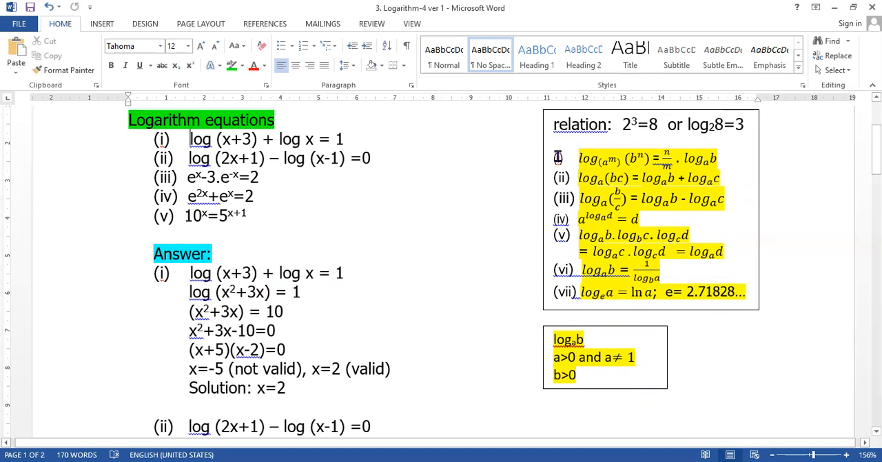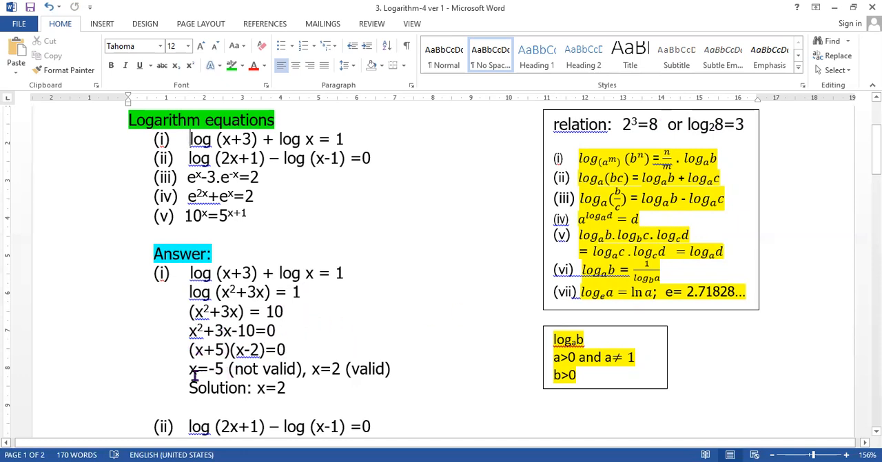And we use the relation here. Because there is no base, it means that the base must be 10. So 10 to the power of 1, we get 10. Let's see the relation, we use this. Next, we move 10 to the left side and we get the quadratic form, and then we factorize,